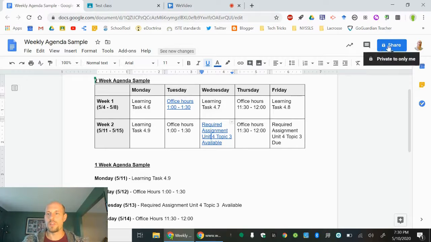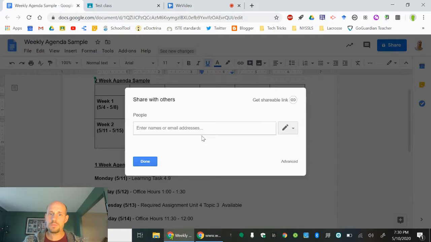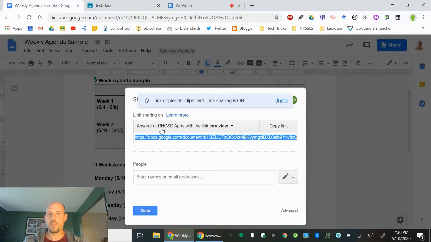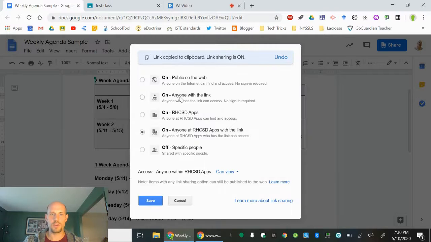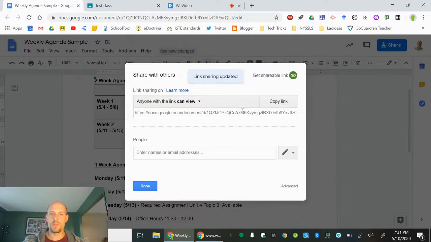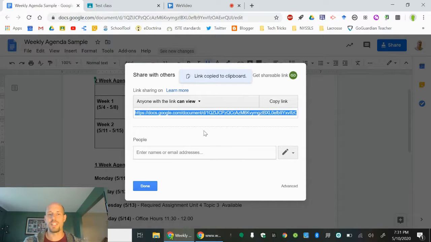So if we look at this, if we come up here to share and we go to get shareable link, we can change the settings of this. It always defaults that everybody within our domain can do it. But if we click on here and hit more, we can actually go and say anyone online with the link can do this. We just come down here to save. And now if you take this link right here, if you copy that link and you send that out as a giant blast email through School Tool or whatever system you're using to email parents, all the parents now have